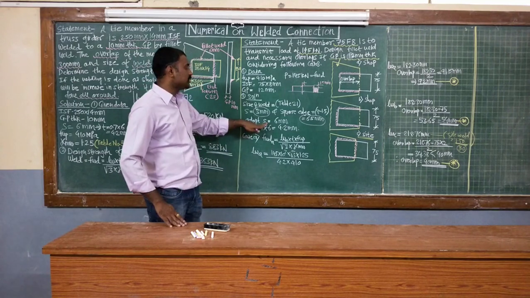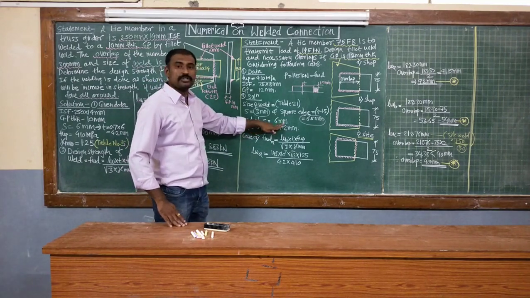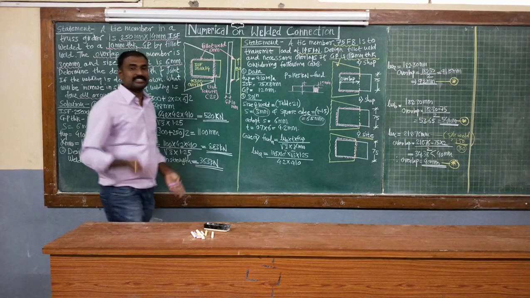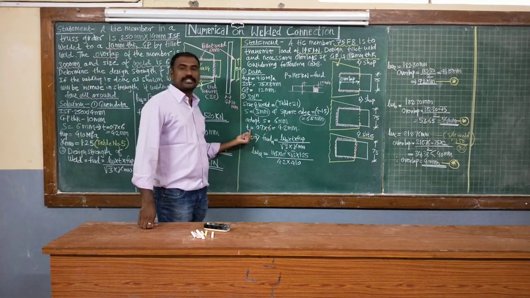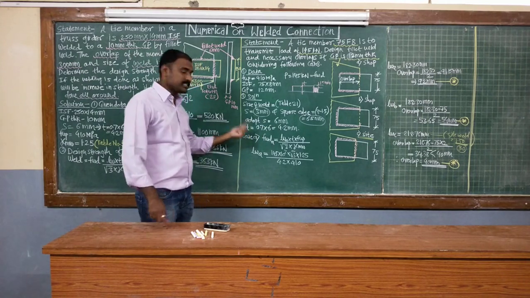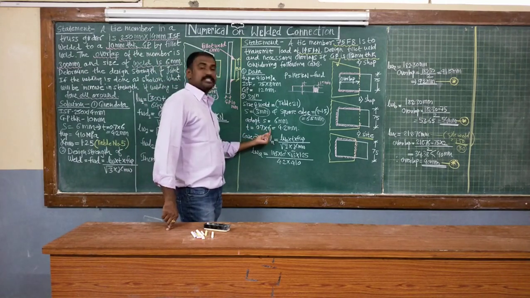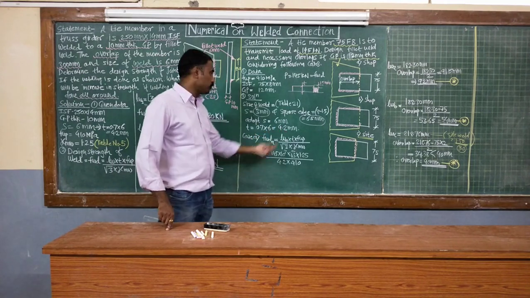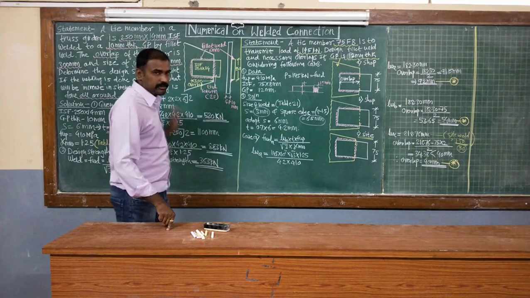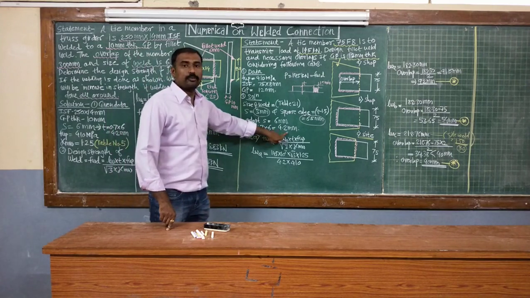So we'll go with, suppose, a size of welding equal to 6 mm. As we know the size of weld or leg of weld is 6 mm, you can calculate the throat thickness. Again the throat thickness is 0.7 times the size of weld, 6, so it is equal to 4.2 mm. Likewise in the previous column also the throat thickness was 4.2 mm.